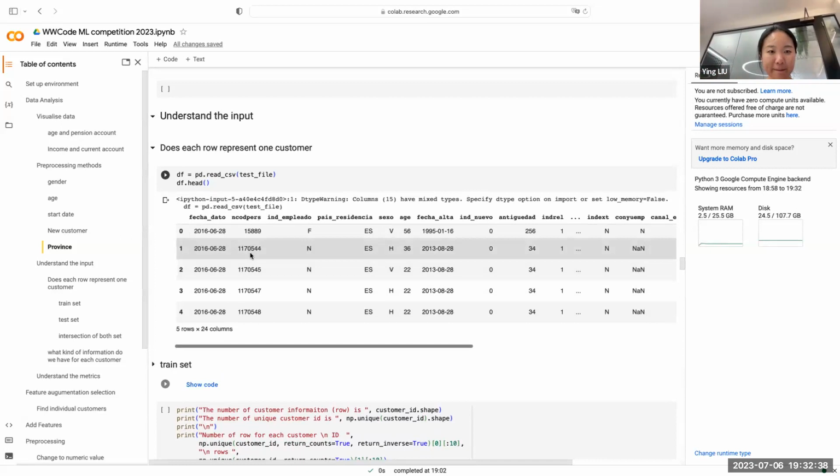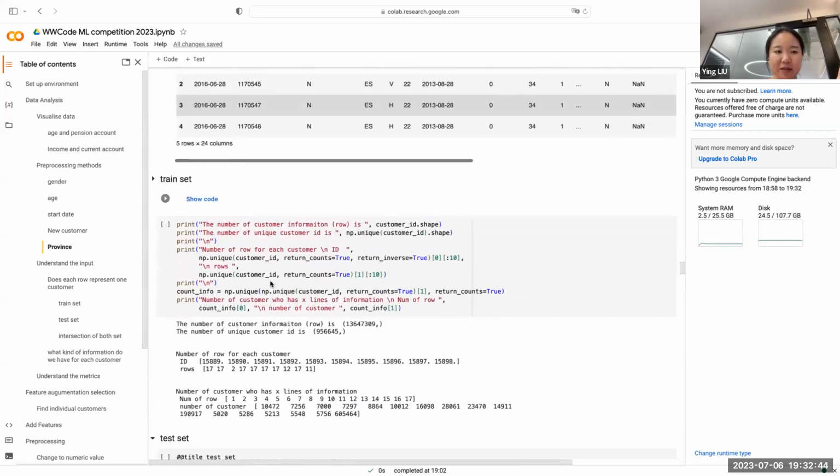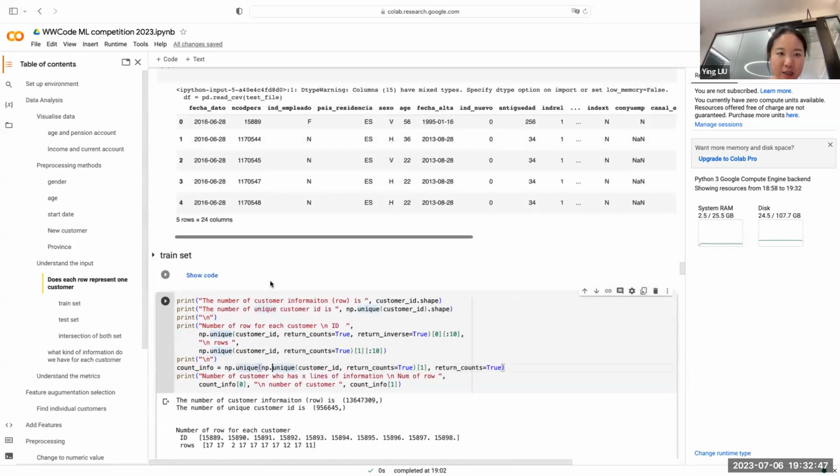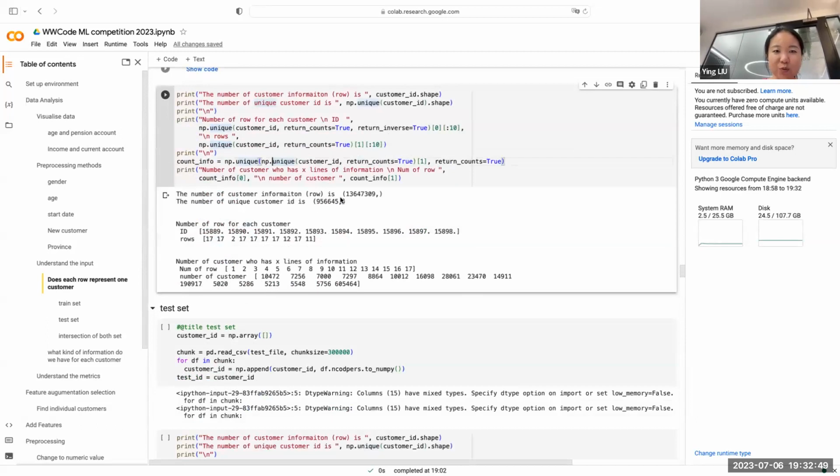So in this case, we understand that in this test file, in the trend set, what we found out is that we have like 13 million rows, but the unique customer ID is only 900,000. So some of the customers actually own multiple rows. Some of the customers have 17 rows, some of the customers have only 2 rows. And if I'm calculating how many customers have only 1 row, how many customers have 2 rows,